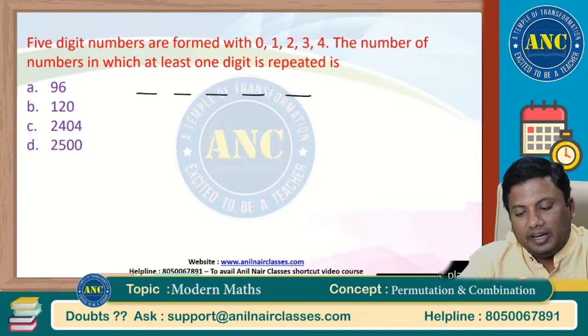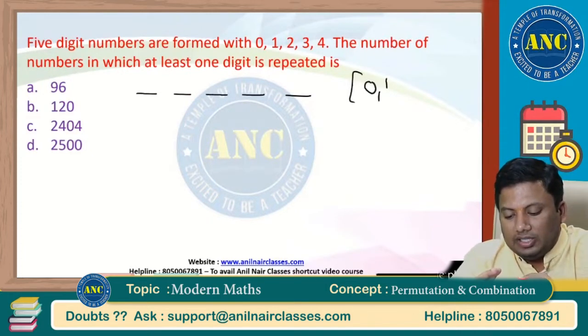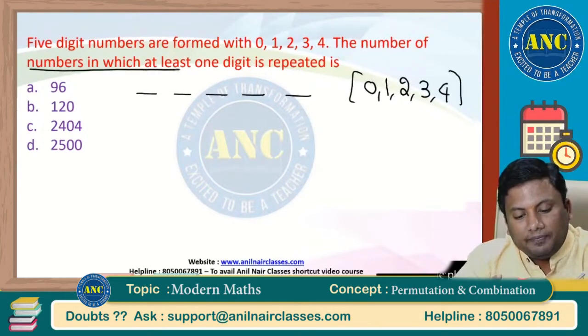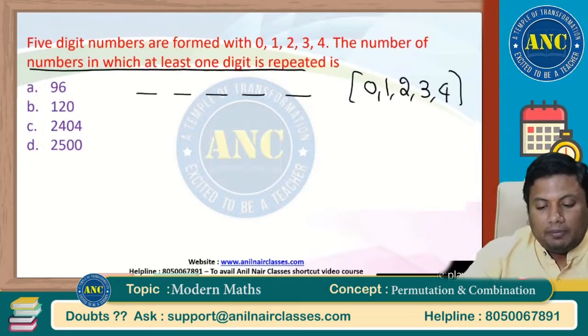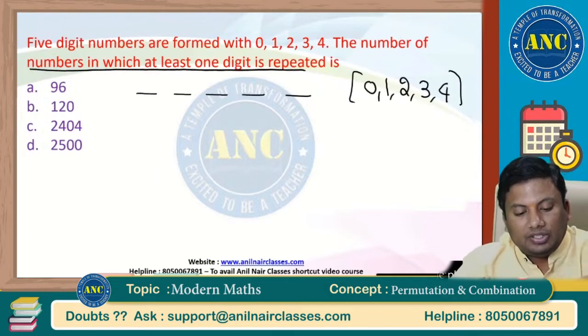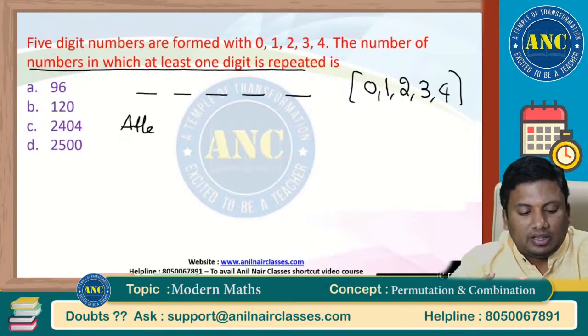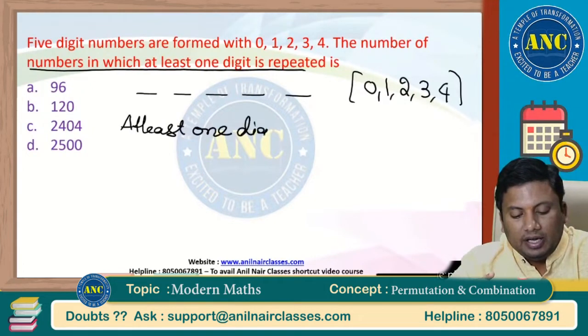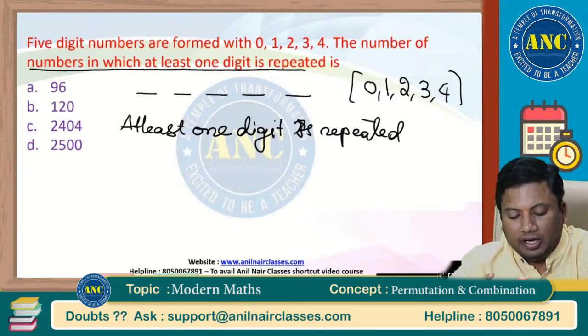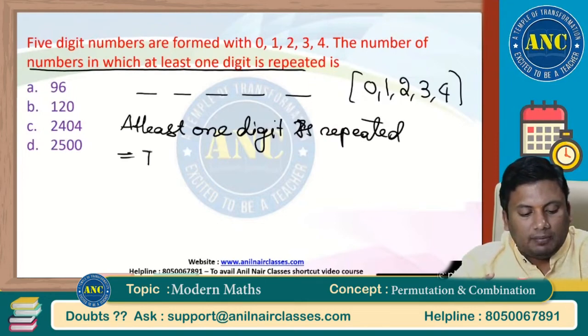I want 5-digit numbers. What are all the digits which are there? 0, 1, 2, 3, 4. The number of numbers in which at least one digit is repeated. At least one digit is repeated, it is nothing but